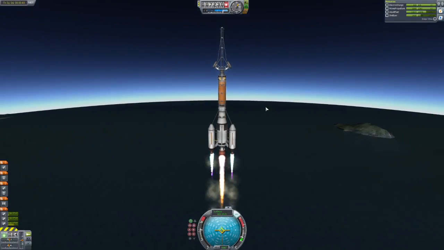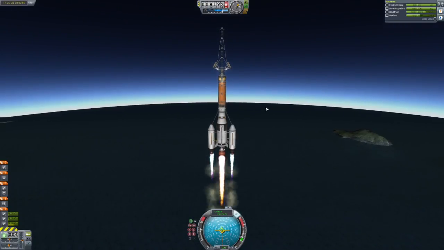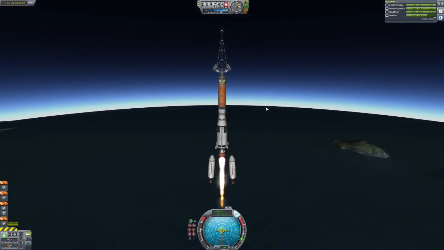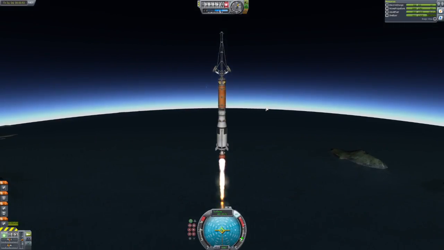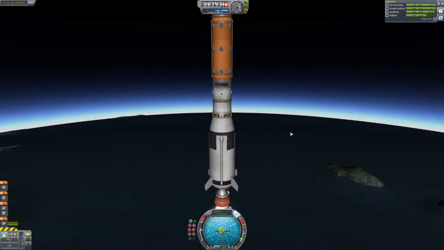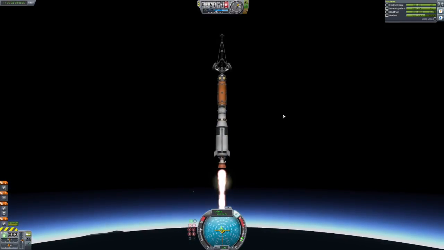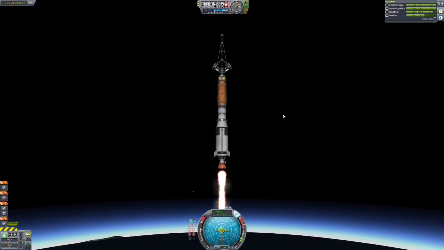You can see the external tank fuel is dwindling and dwindling away, and we're checking the capacity in the main tank. And flameout of the external engines. We'll drop those. Away they go. Little boom off camera. Check that orbit. See where we're at periapsis. All right, and now that we're up at 15,000,